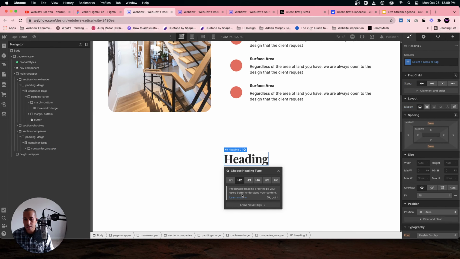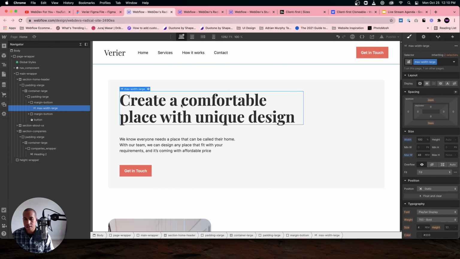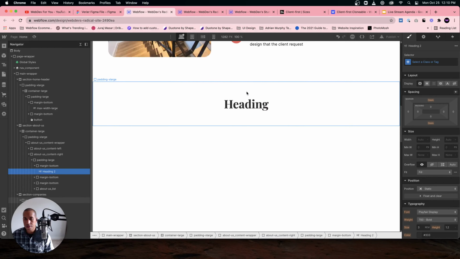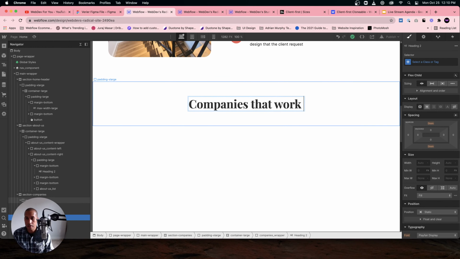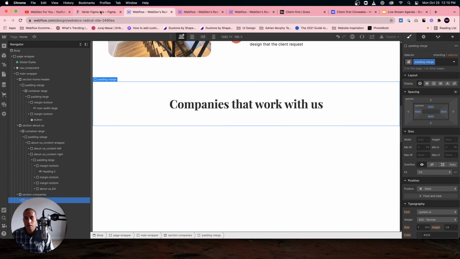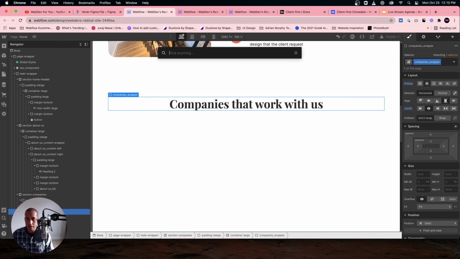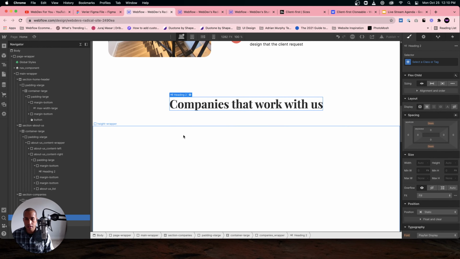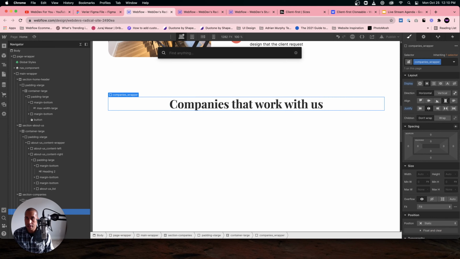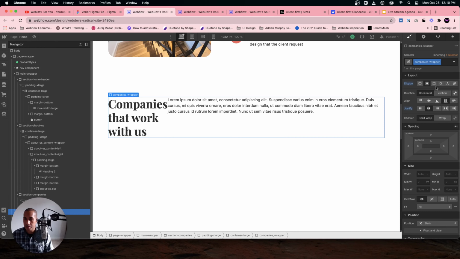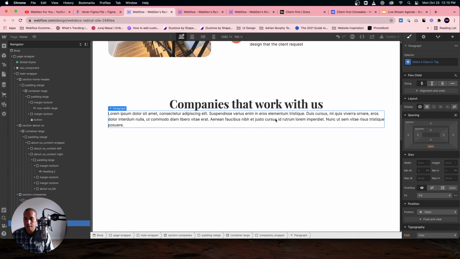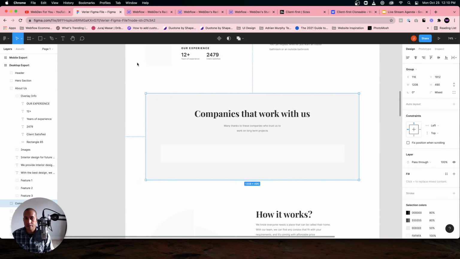It's going to be an H2 heading, because our main heading is this right here. And then we have a few H2s. And I'm going to say companies that work with us. Looks good. And so I don't have to give this a custom class because it's a heading. Then I'll add a paragraph. And actually for the companies wrapper, I'm going to set it to vertical and center. Then we have this paragraph,